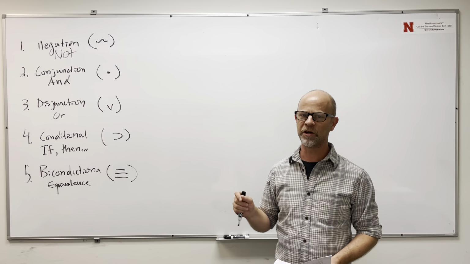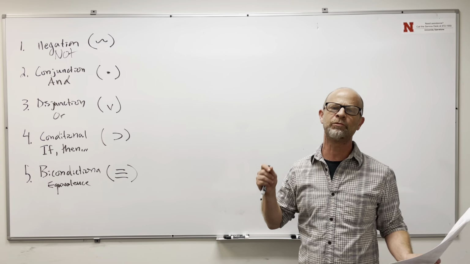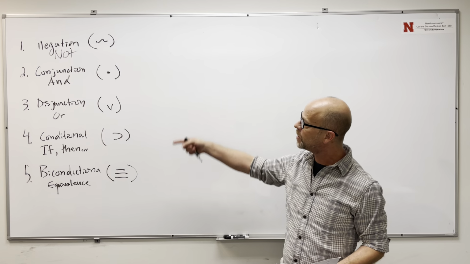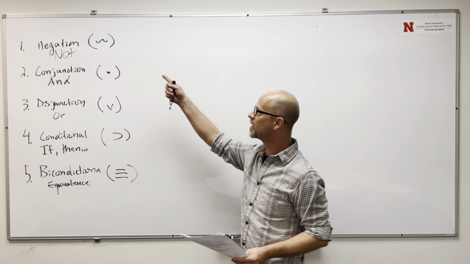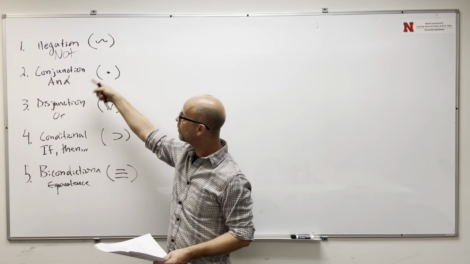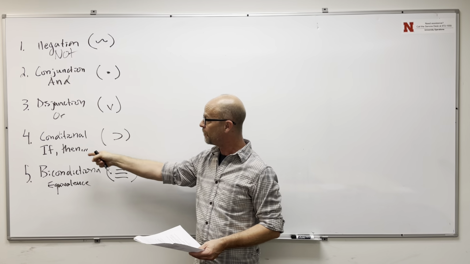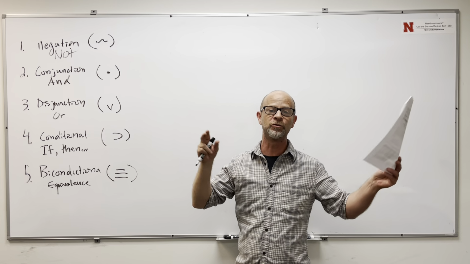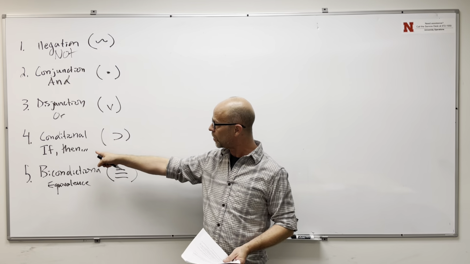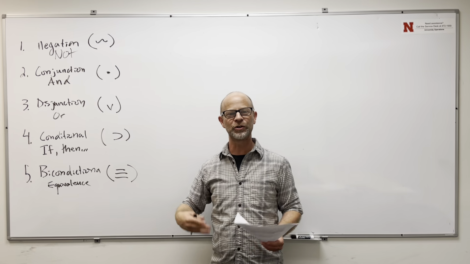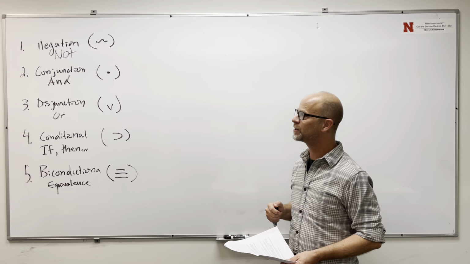What I want to do in this video right now is kind of go back and look at some of the different English words that we can use to identify which logical connective is being used. Obviously if we've got not, then that's pretty clear. If we've got and, that's pretty clear. If we've got or, that's pretty clear. If I've got an if-then, like if it's raining, then it's cold outside, something like that, well, that's also pretty clear. Biconditional usually says something like if and only if,